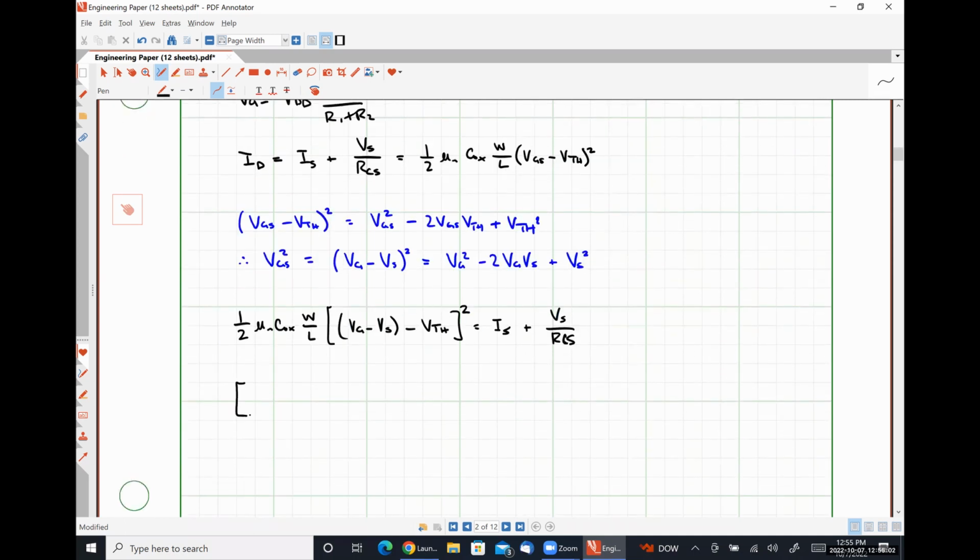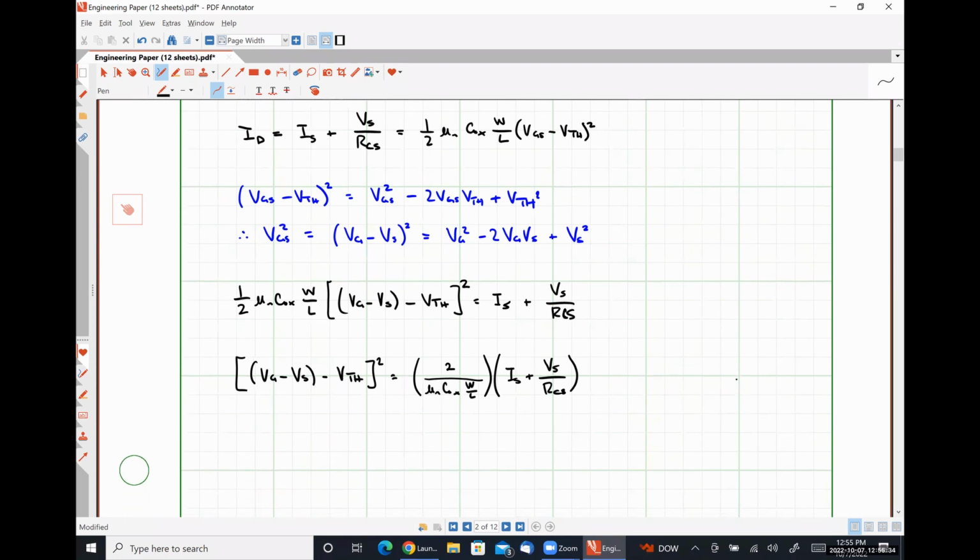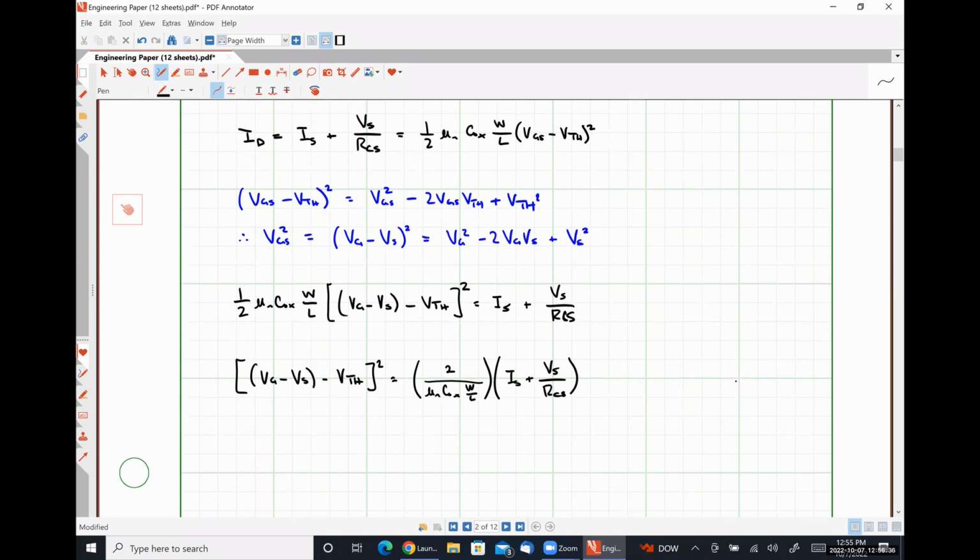From here, we have VG minus VS minus VTH squared is equal to 2 over mu n C ox W over L multiplied by the quantity IS plus VS over RCS. This gives us